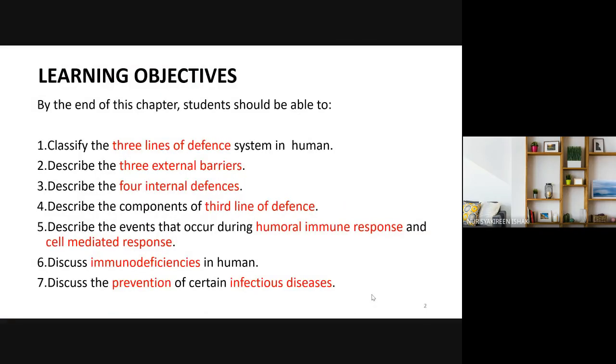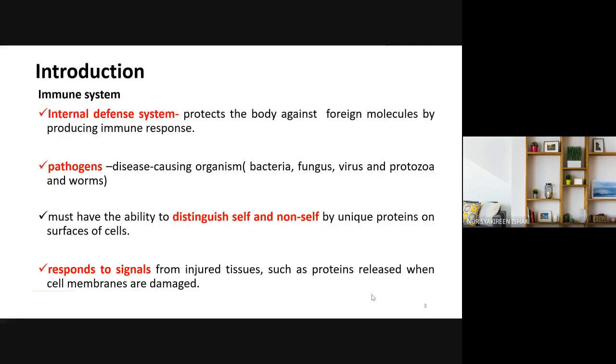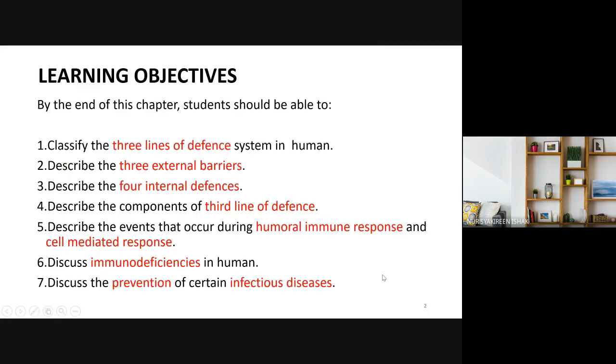By the end of this chapter, students should be able to, number one, classify the 3 lines of defense system in humans. So we have three lines of defense. Okay, so we have the external barrier, second line defense, and third line defense. For the third line defense, the mechanism is more specific. Okay, it involves white blood cells, which is a lymphocyte, to specifically identify pathogen to be destroyed. As for the first line defense, it is the barrier or external defense. So this one, external defense,